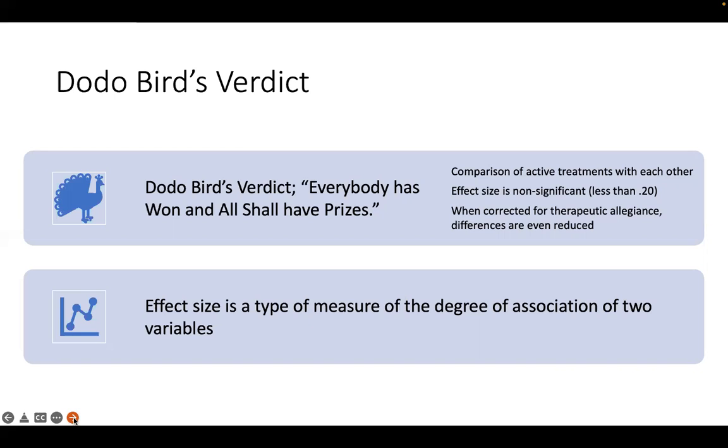You're working with multiple therapists, and there are all these factors that aren't really accounted for. But when you compare one approach to another, usually outcomes are not significantly different. And then when you correct for what I talked about in therapeutic allegiance, how much the therapist believes in this approach...